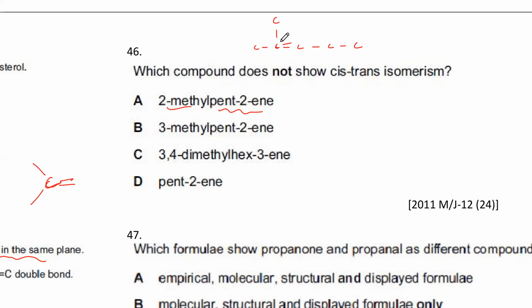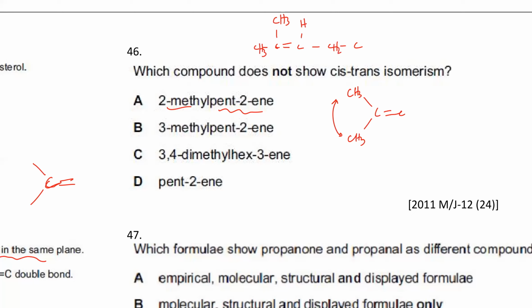No, you said geometrical isomer, so can't you just make the carbon face down? No, but they're both exactly the same. If I draw it in the original shape, this side has a CH3, this side also has a CH3. So it doesn't matter if I switch this around, it looks exactly the same. The minimum condition for a geometric isomer was that the 2 sides must be different, right? Okay. So over here, the 2 sides are different,